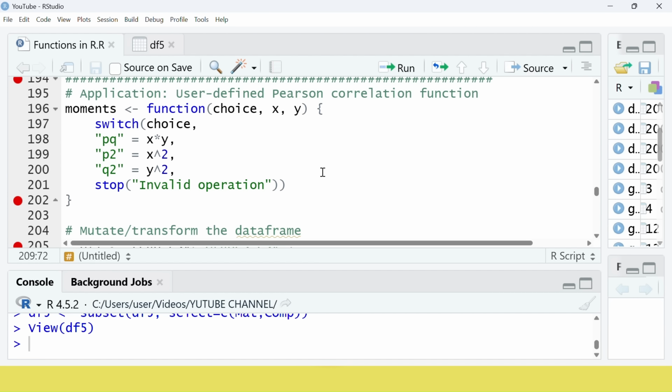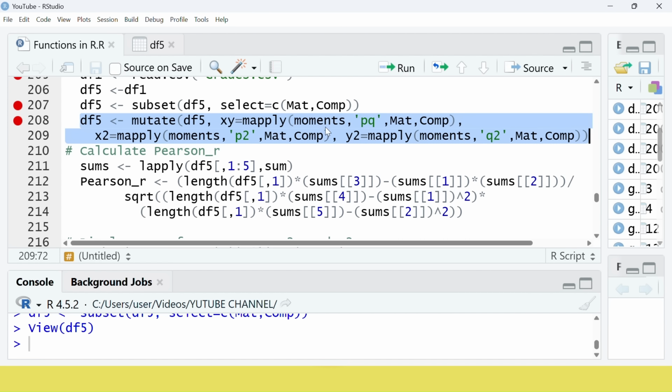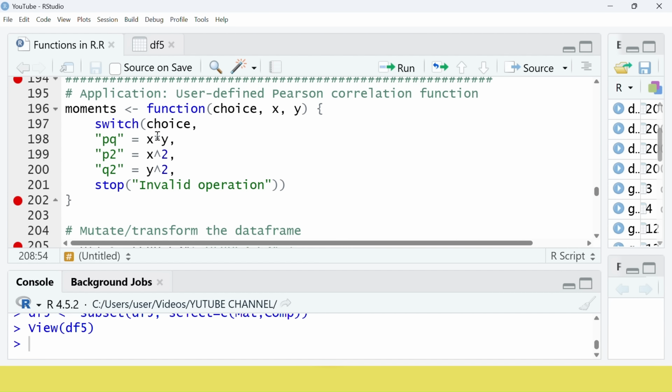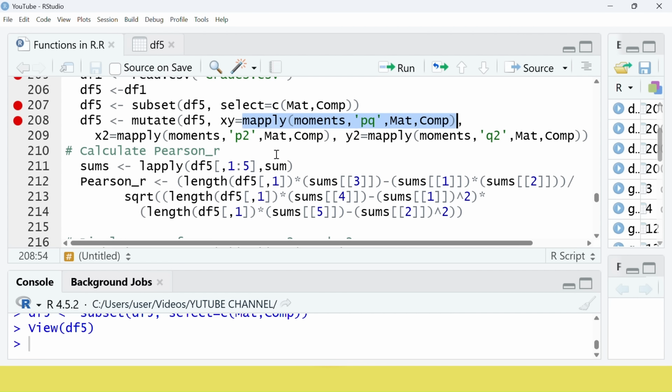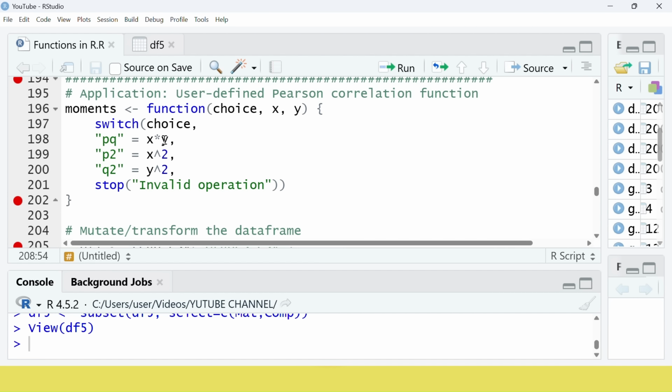Okay, so we select the moment, we use multivariate apply, and then we're applying it to the moments, and this method we're using is the PQ, and we're applying it on mathematics and computer. So this part, what we're saying is that I can start from here. So mapply, which means we're applying the moment function, which is this moment function that we user defined for the Pearson correlation function, we're using the moments method, and then here the xy, we want the column to calculate the sum